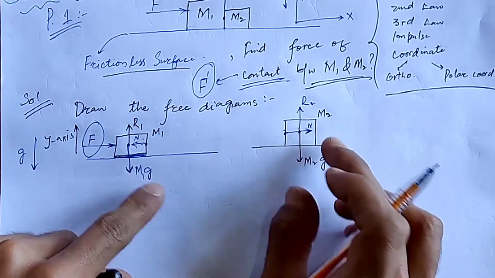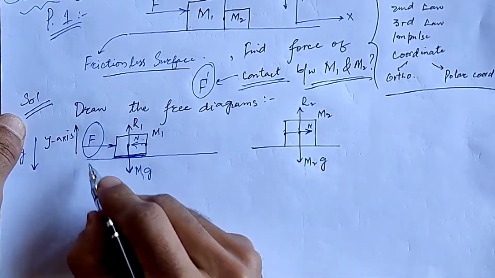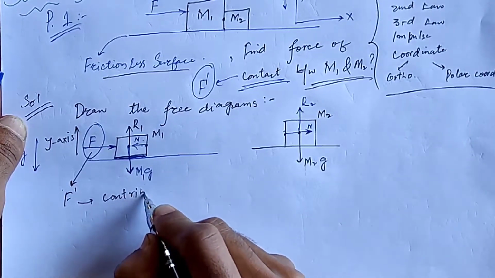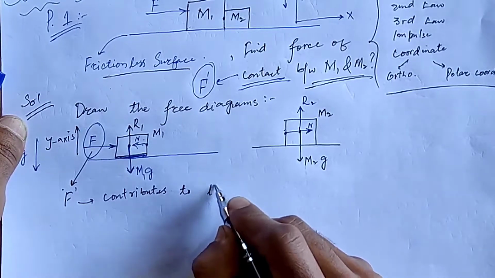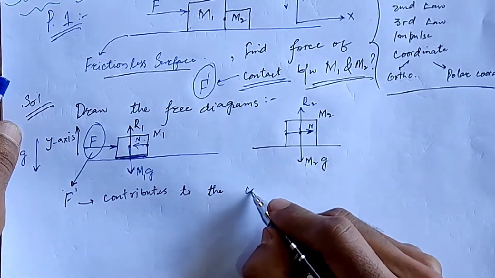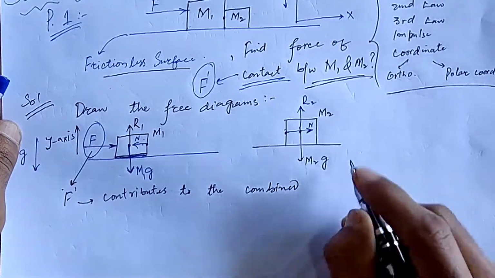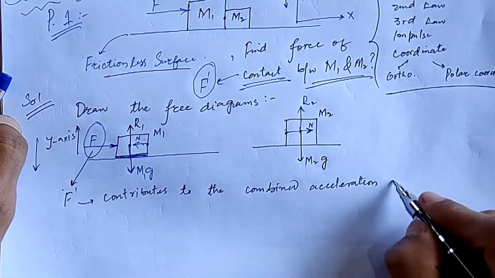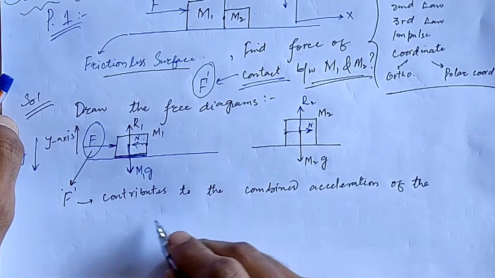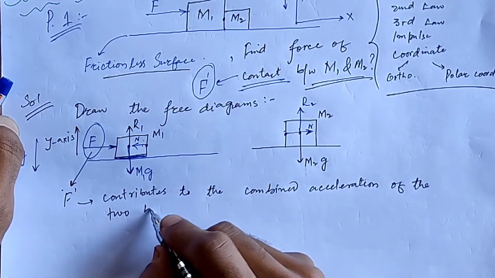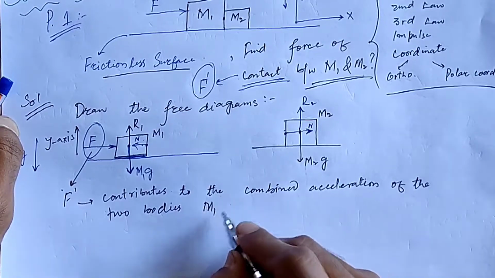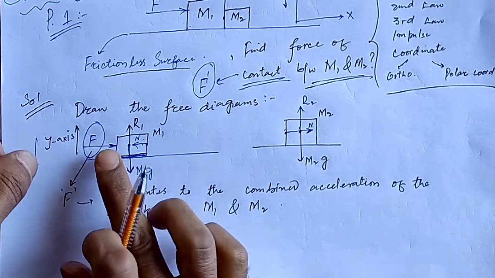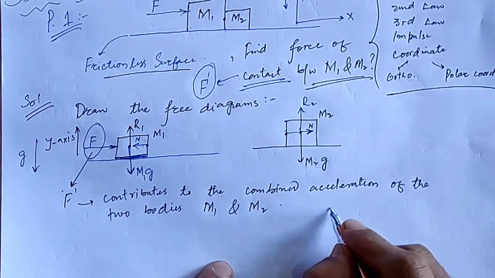All other forces are cancelled out. So F is the only force. This F is the only force contributing to the combined acceleration of the two bodies M1 and M2. So that means this force is applied, and we have two bodies like this,